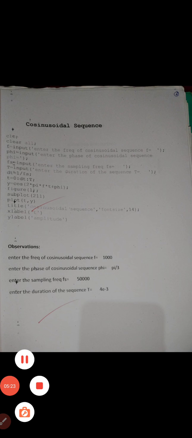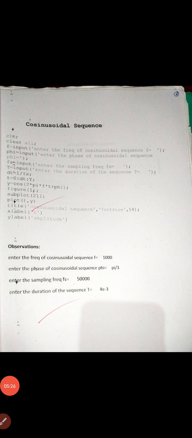This is the standard time duration. After entering, the figure window shows the cosinusoidal sequence, whereas the x label shows time and the y label shows amplitude.